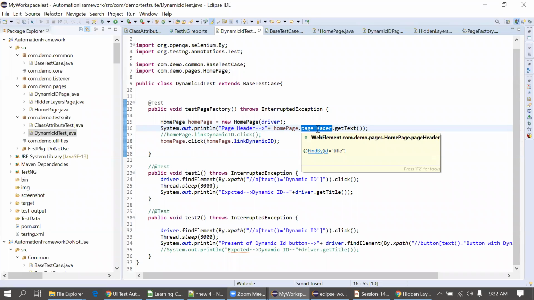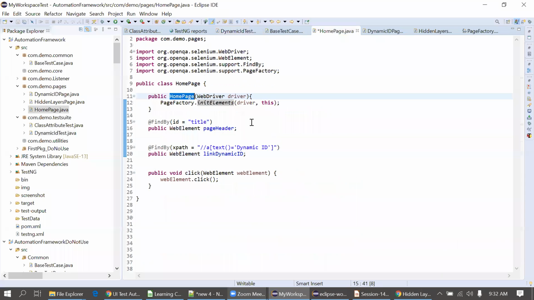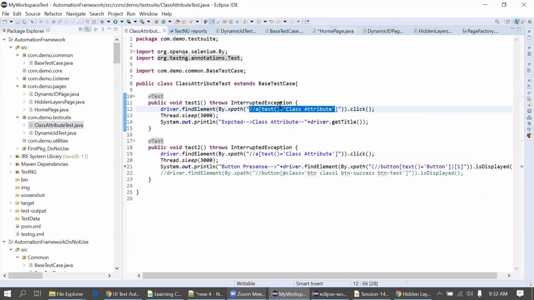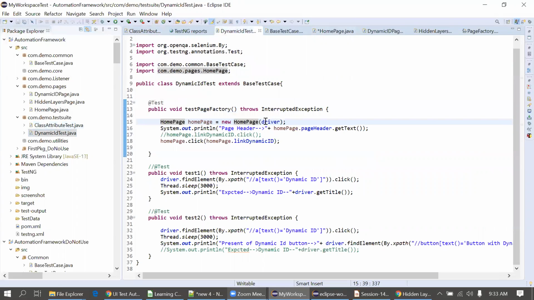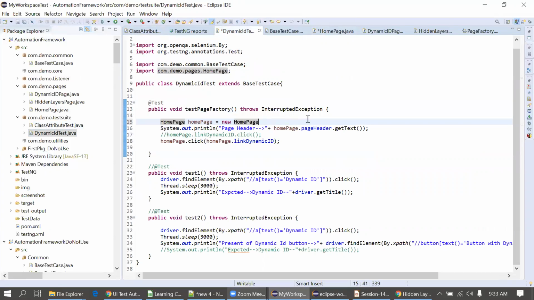Okay, then it's clear for me. Any more questions, guys? By default, to call that class, you created the constructor. Yes, this one, right? Because I have created the parameterized constructor here, I compulsorily have to pass this driver when I am creating the object. So you will call that constructor, which will call the base class to open the Chrome driver, and it will initialize the value to its locators, and then it will